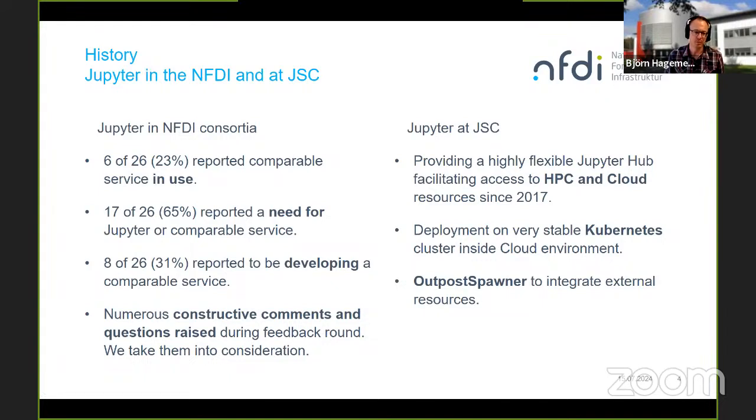Okay, a brief history of Jupyter at JSC and in the NFDI consortia. When applying for this base project, there's a process associated with it that includes a feedback round of questions asked to the consortia, which reply whether such a service would be useful for them, whether things are already ongoing in their consortium, stuff like that. The reports were that around 1/4 of the consortia have comparable services, whatever that means, already in use. That's good. So there's a good portion of consortia who would be able to make use of such a service